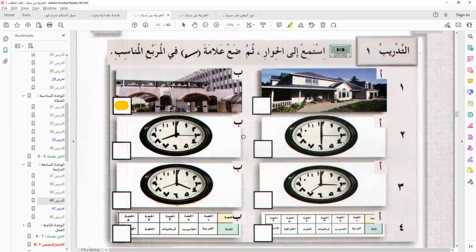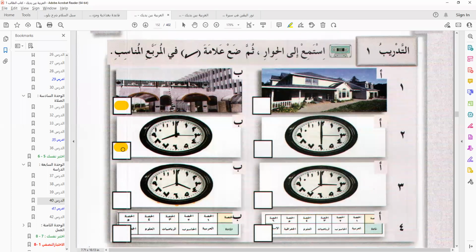Then you have متى يبدأ اليوم الدراسي. And the response is يبدأ الساعة الثامنة. This is the answer. This is what gives us الساعة الثامنة.